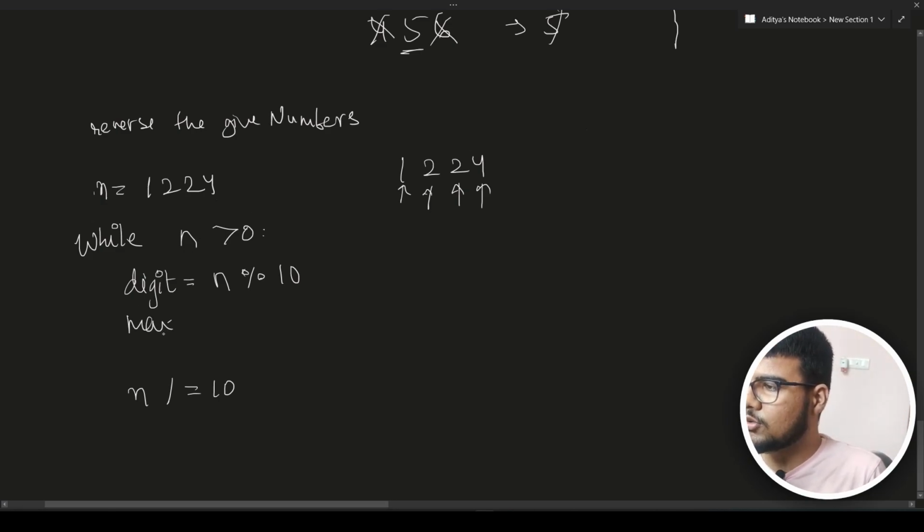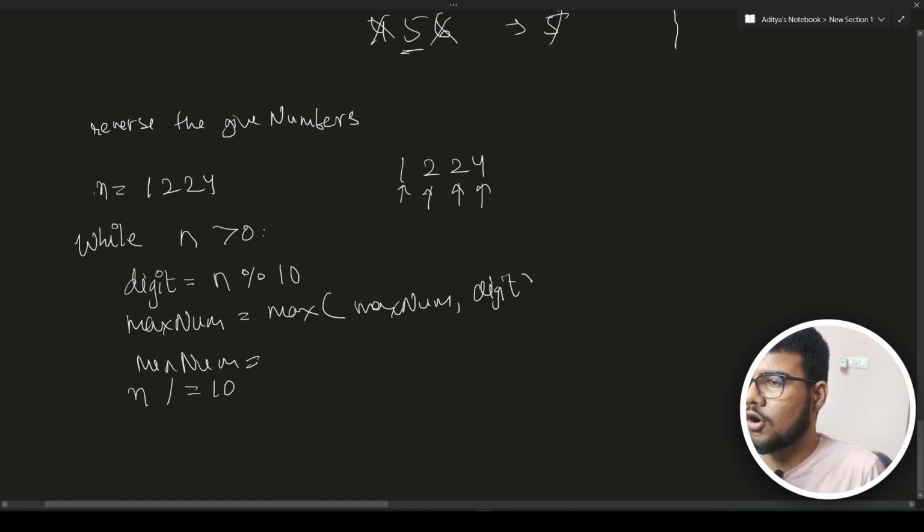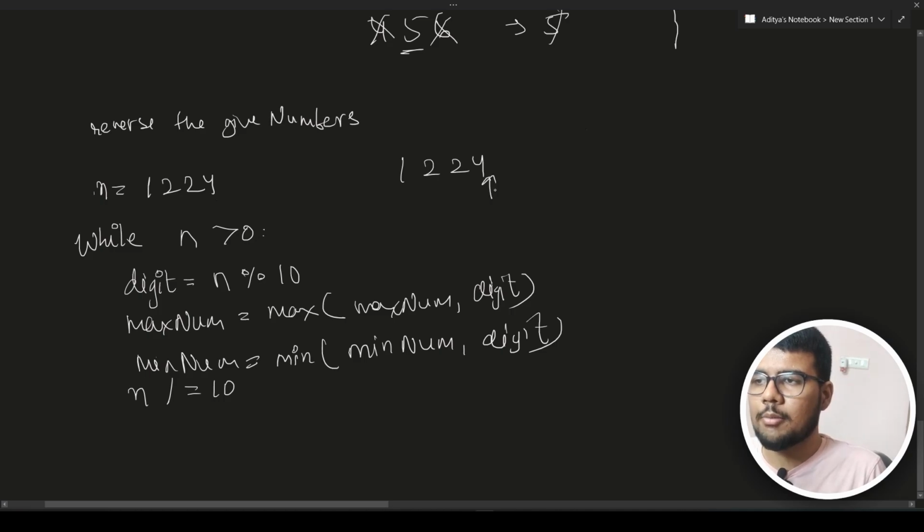Here I have a max num which is initialized earlier, and a min num which is initialized in the beginning. Now I will find the max of max num and the current digit we are on, and the minimum of min num and the current digit. In the very first case, we come to 4 and check: digit is 4, and max num is initialized with the largest negative value, so it becomes minus of something and digit is 4. So max num will be stored as